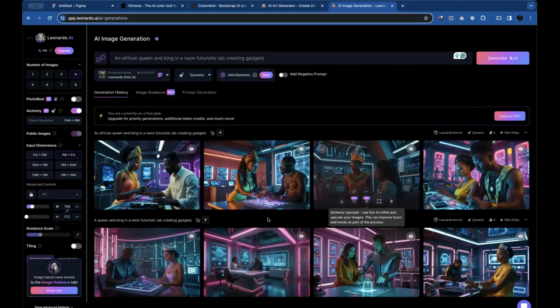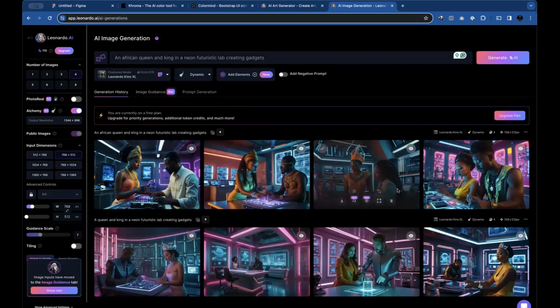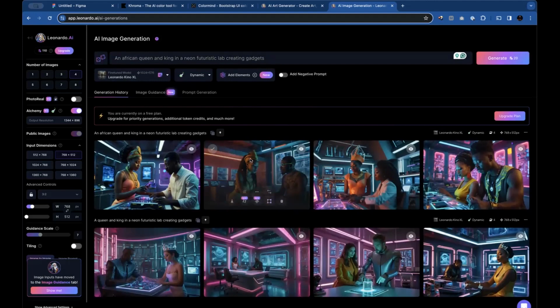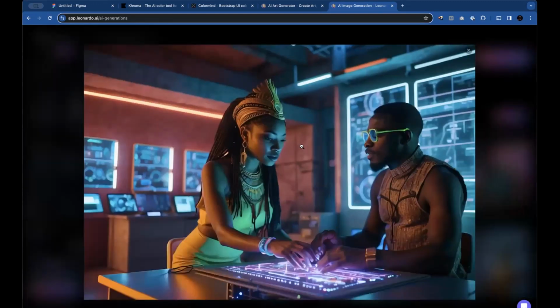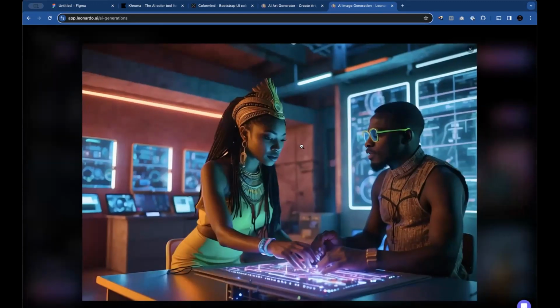Now, we have our African prince and king. This one does not look like a king, but looks like a prince, a young star, but it's still part of it. And these AI tools are not perfect. I mean, they are doing what they should, at least. So I like this one. I'm going to just enlarge it so we'll see what it looks like. They said it looks like the badge. Okay. So yes, it's looking almost realistic.